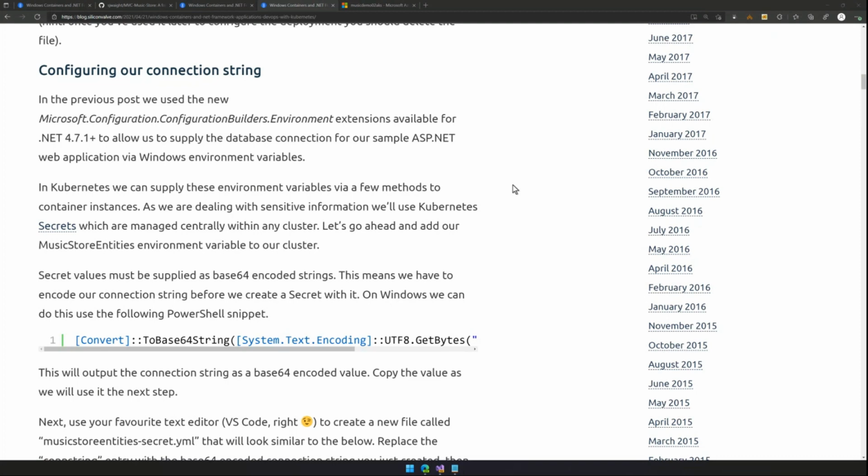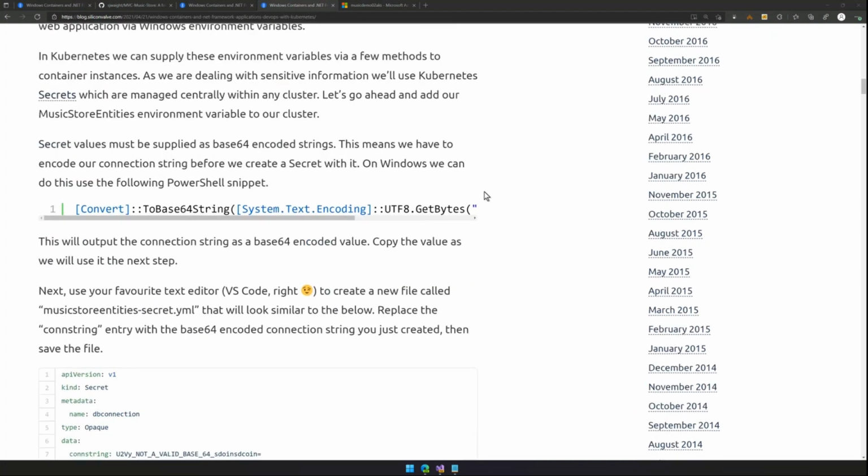Thankfully, Kubernetes gives us a way to pass environment variables into executing Docker containers inside of Kubernetes, and we'll take a quick look at how we do that. The first thing we need to do is take our connection string and encode it as a base 64 string. And then what we'll do with that base 64 string is create what's known as a secret inside of Kubernetes. Now, you and I both know that a base 64 string is not that secure, but Kubernetes decided they were going to call it secrets.